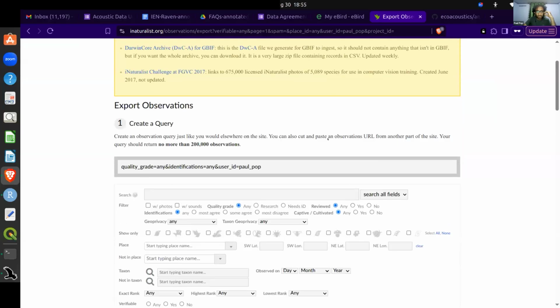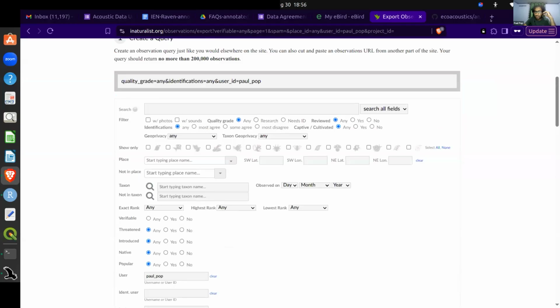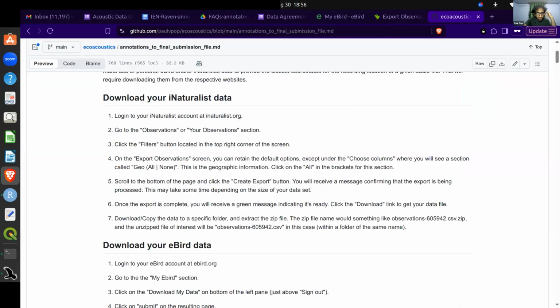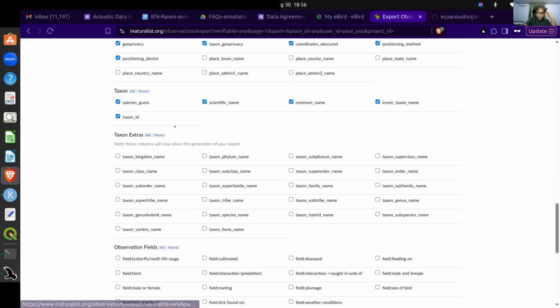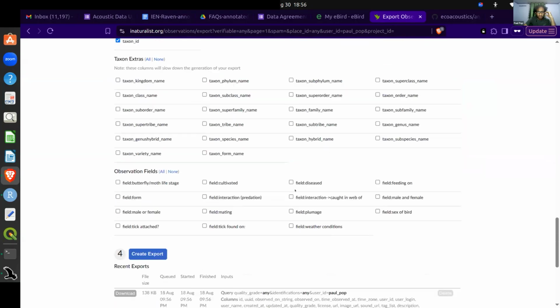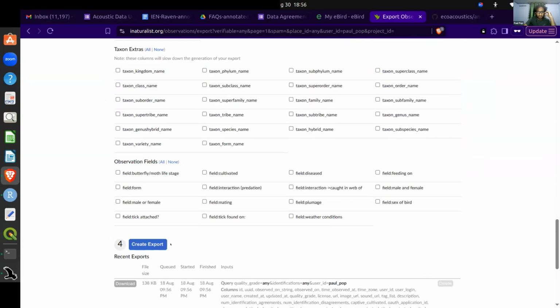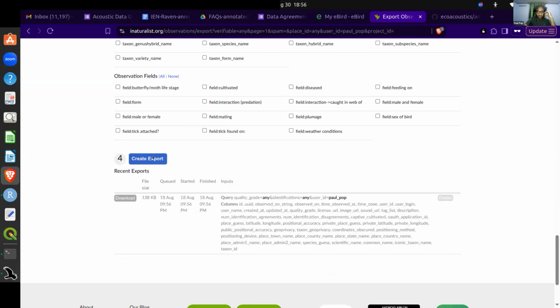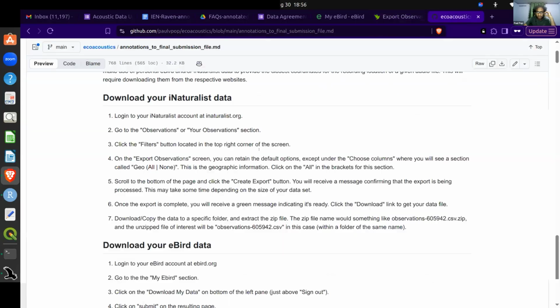Yeah, so you can just do this. Go to download, create a query. I think the instructions might have been incorrect. Under geo you can click on all. This will give you the names of the places, like county, town, state name, etc. We are generally not using it, but it might be useful for you to identify which location it is. And then you can create export. These are all the columns that you are downloading, and you can create export. So that's the way you download from